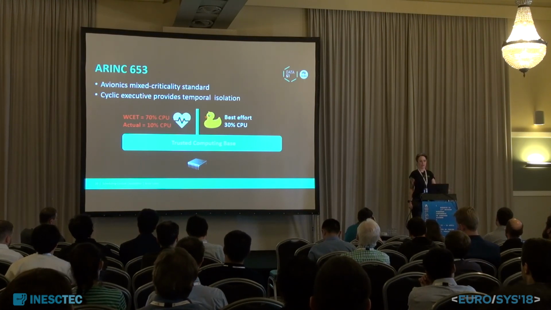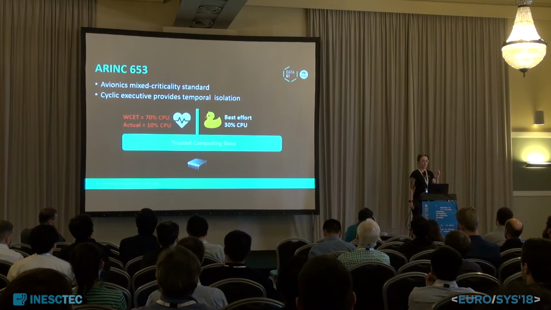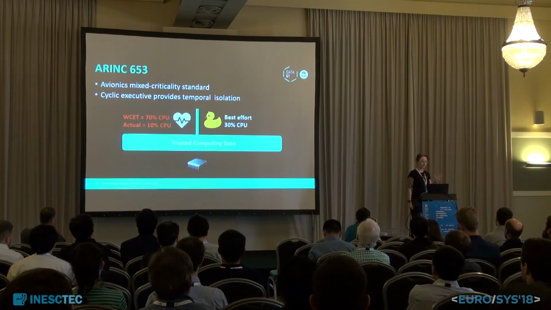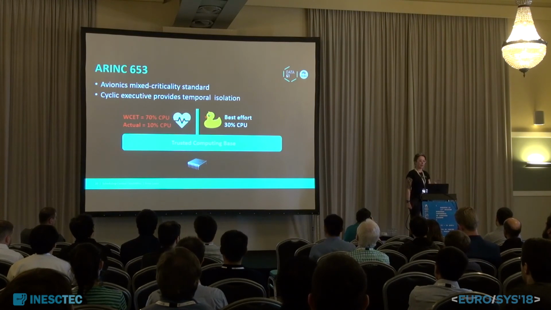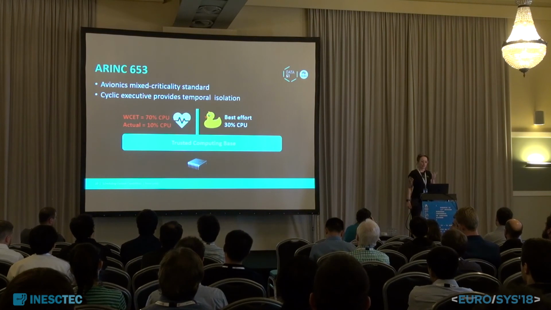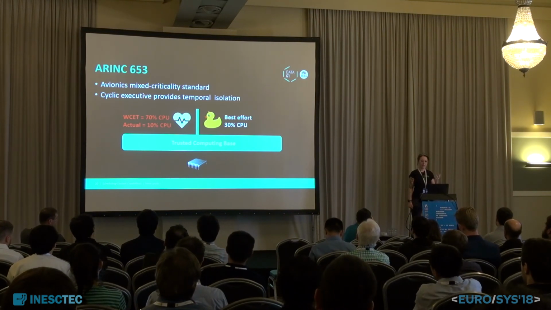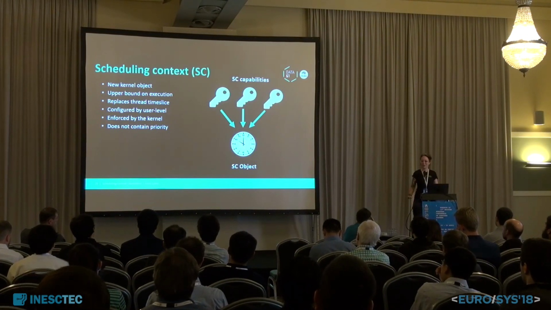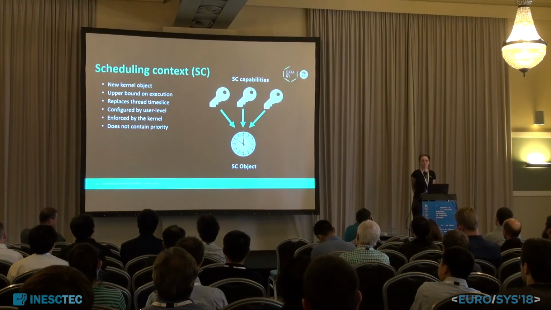So when you're looking at a really high criticality task, which has a worst case execution time probably orders of magnitude beyond the actual observed execution time, you have to reserve that entire partition. And then your best effort task that's low criticality can only use the little fragment of CPU that's left over. So while this works, we want more flexibility than that. So that brings you to the actual model.